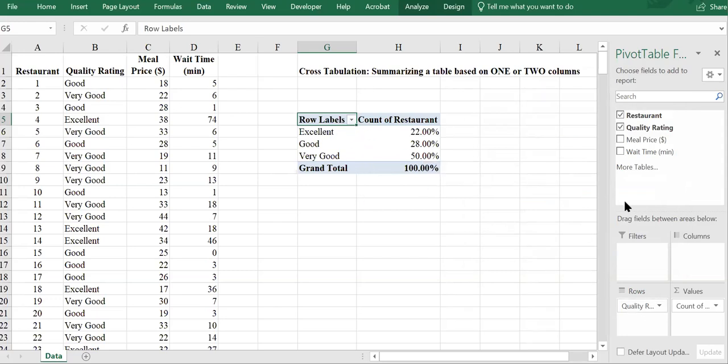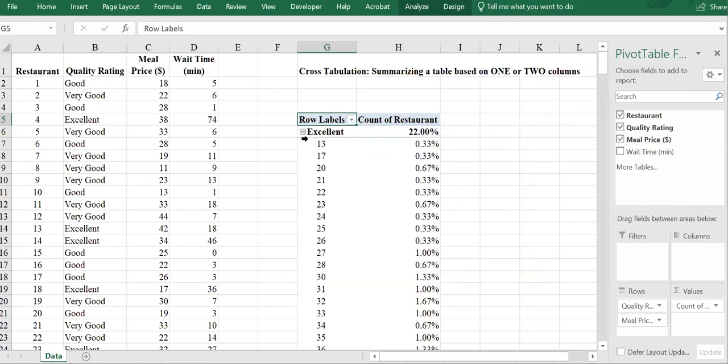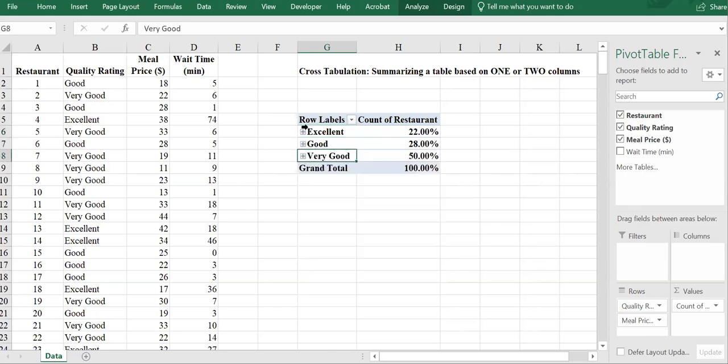You may want to add another factor to the row, and then for each one you'll have, since we don't have another class, both of the other factors that we have here are numerical. I'm not going to do that, but just maybe to show you what happens. If you do that under excellent, again, all distinct values of the second value on the row will take one separate row under each one of these classes under the first row. So for the first row, for quality rating, we have excellent, good, and very good. Under each one of them,